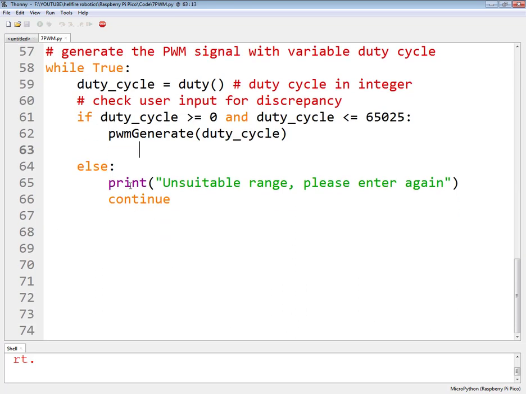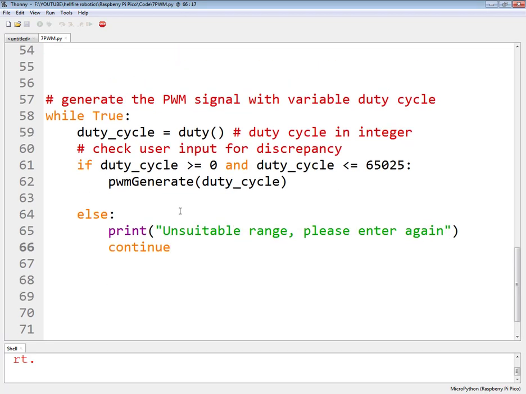Else you just print "unsuitable range, please enter again," then continue at the top of the loop.